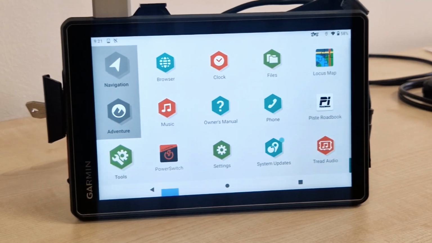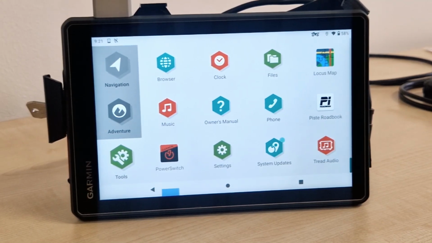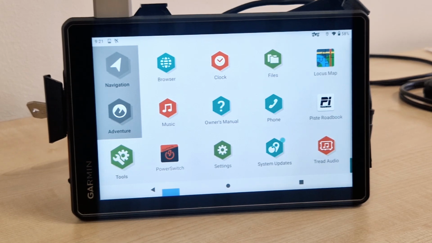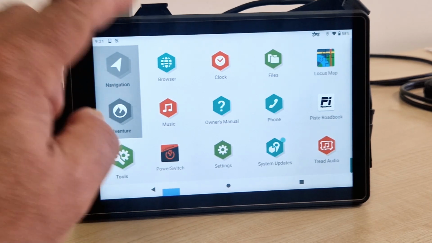In this video tutorial we will show you how to easily install Carpe Iter controller app on Garmin Thread Overland device, and specifically how to do it without even needing to connect to your computer, how to do it online.